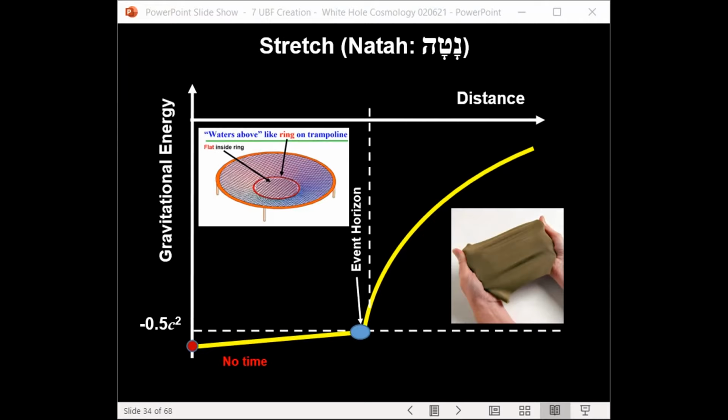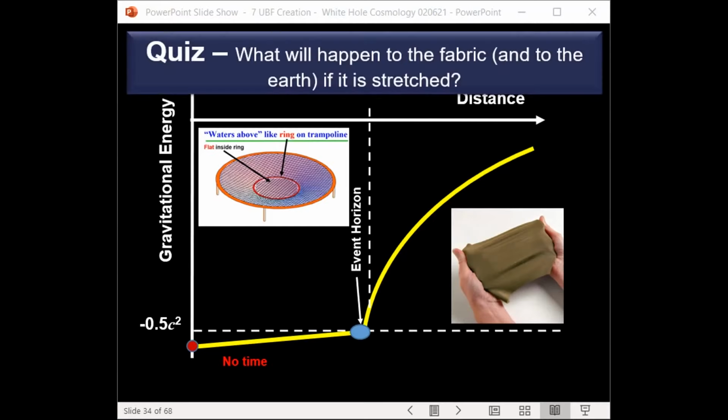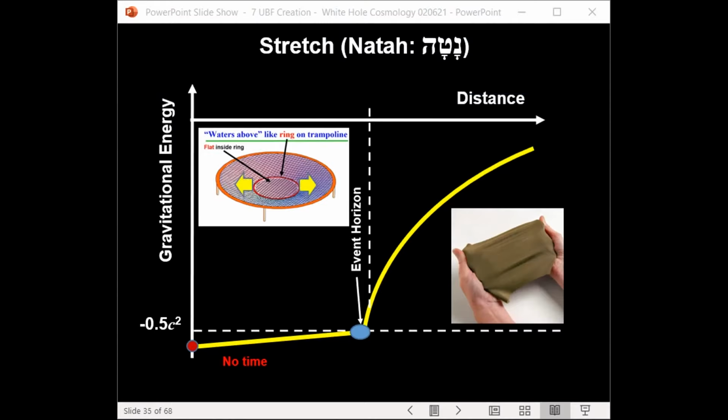Okay, what happens if God stretches the fabric of the universe? Imagine that the trampoline fabric that was curved down due to the mass of galaxies is now stretched. What happens to the curve here? The fabric would be straightened up as the center of the fabric moves up, starting from the edge. So let me show you this animation here. So God stretches